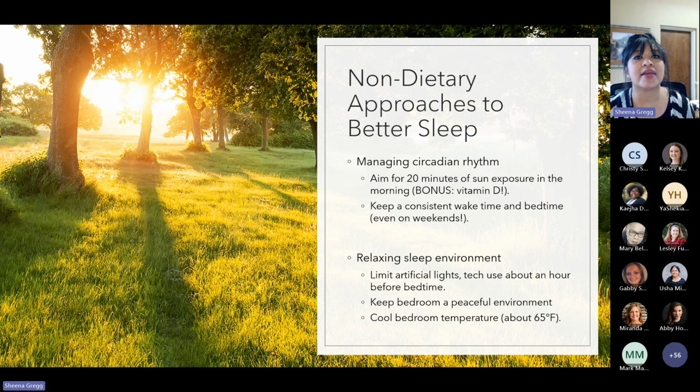And then also trying to make your bedroom a peaceful environment, free of clutter if possible, so that you can truly relax both mentally and physically. And then also having a cool bedroom environment, or what's cool and comfortable to you versus it being hot and stuffy. I think it's important to have this as an environment that's really going to be supportive of sleep,